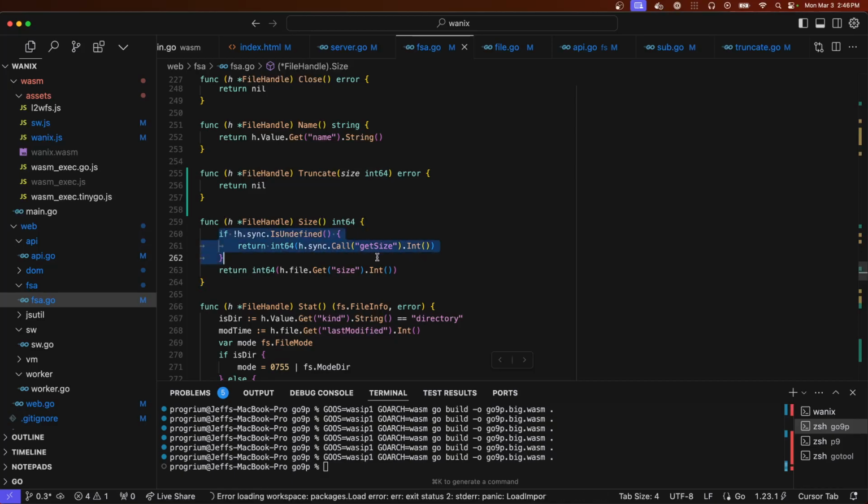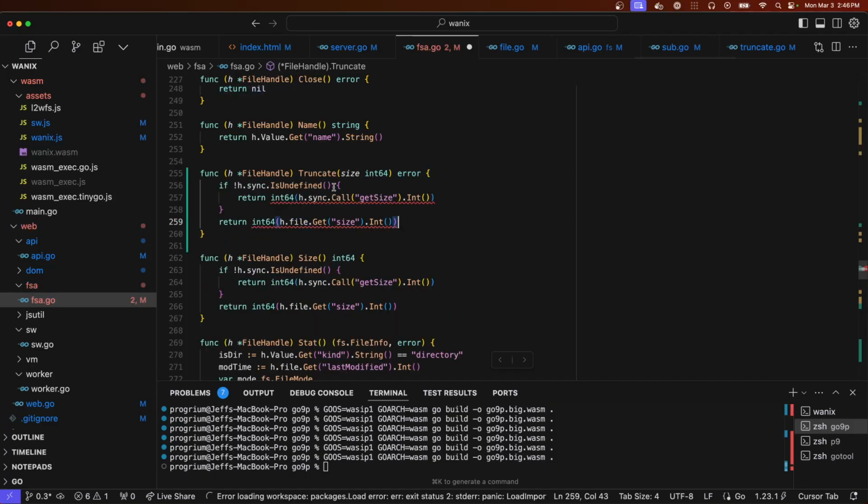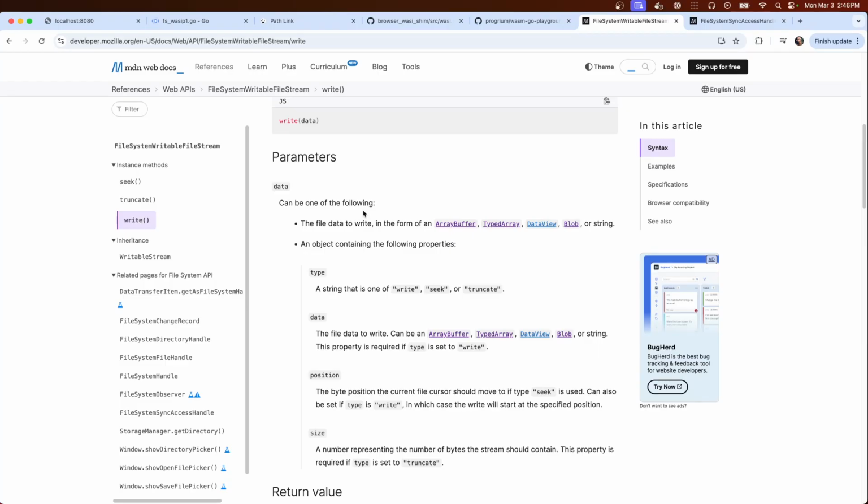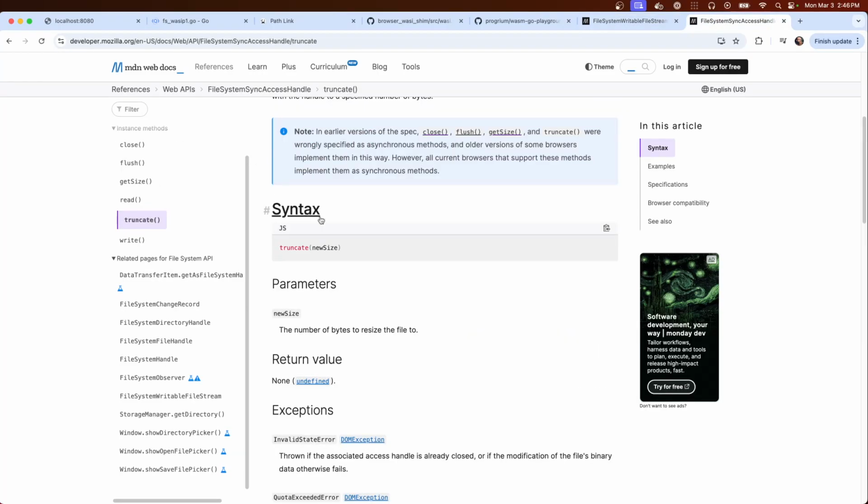Okay, it's very similar to size, where we use one or the other depending on if sync is defined. If sync is defined, this is the sync one, truncate.